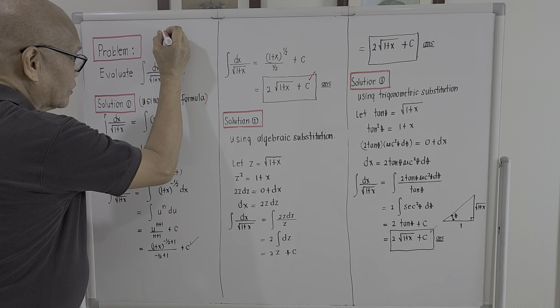Rewriting again, the integral of dx over the square root of 1 plus x equals the integral of 1 plus x raised to the minus 1 half times dx. After verification, this now falls under the integral of u to the n du, the power formula. And if we try to integrate this one,